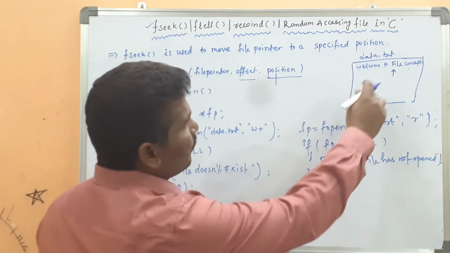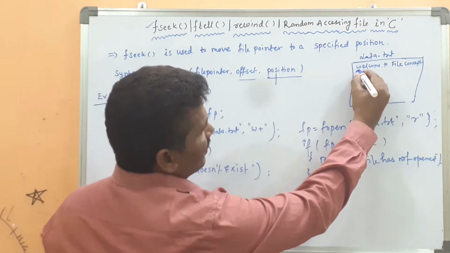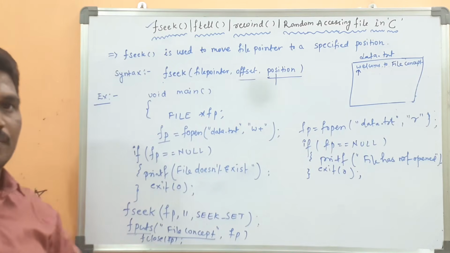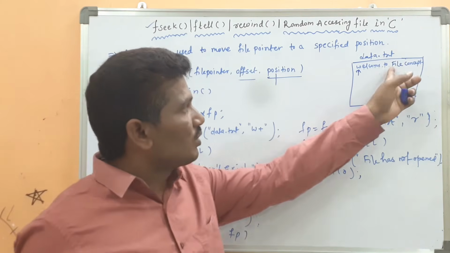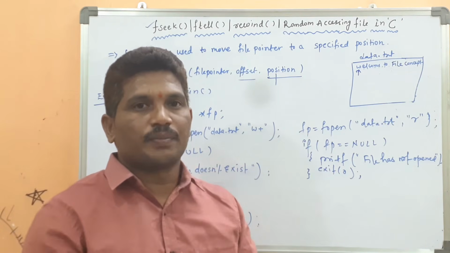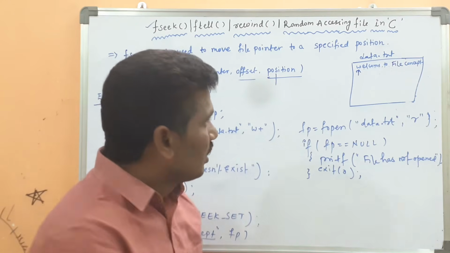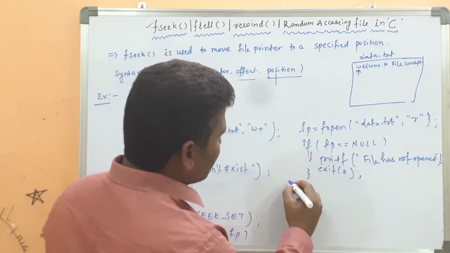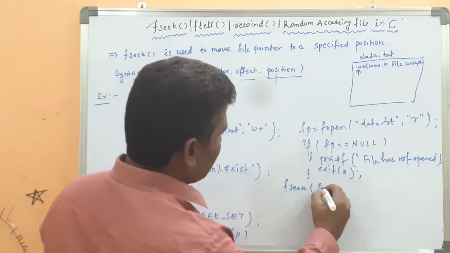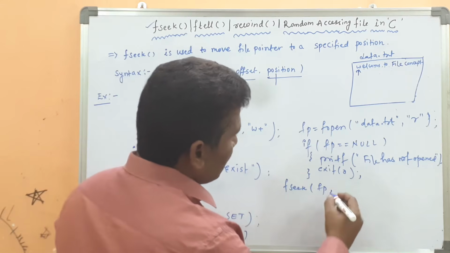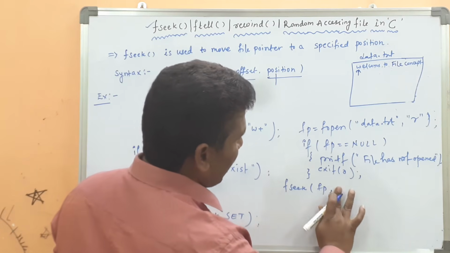Then again, if you want to read the content from the file, once the file has been opened, the content will be here only. Okay. Then if you want to read some text from the file, here again we use fseek, then fp, and then the file, -5,